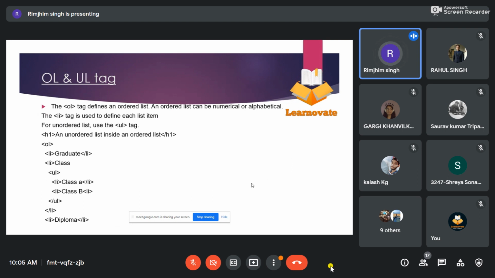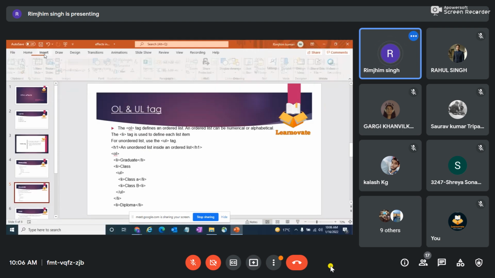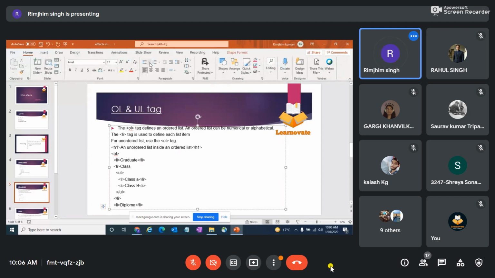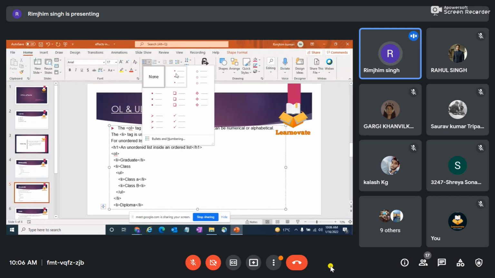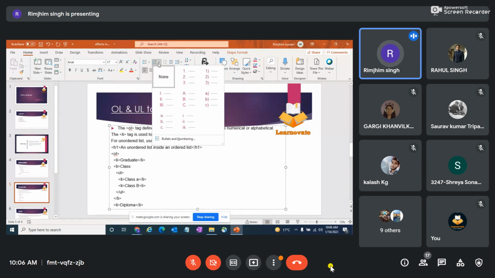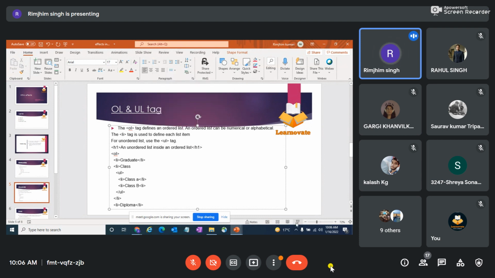And then the next tags which I'll teach you are the OL and UL tags, which are very popular in HTML. The OL tag is for an ordered list, and the UL tag is for an unordered list. For example, this is what a UL tag is. If I want to put bullet points or check marks or any kind of thing, that will come under an unordered list. And if I want to give proper numbering for each of my content in an HTML page, for example A B C or 1 2 3, for that I'll be using an ordered list in my program.